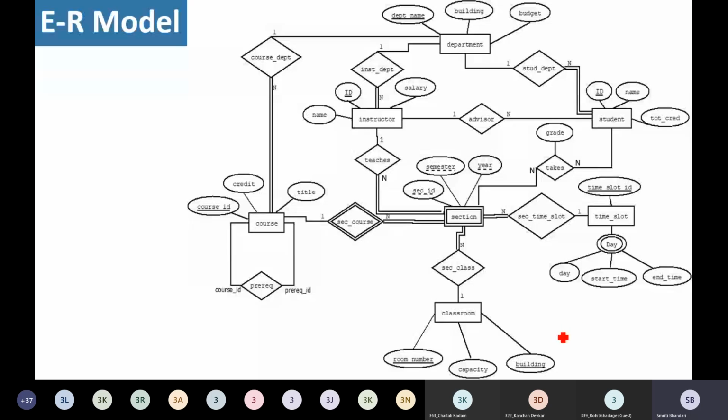Once we are ready with our ER model, what we need to do next is actually implement this design in some database management system. We are right now dealing with relational database systems, so we would like to implement it in one of the RDBMS. If we want to implement it, what we need to do next is convert our finalized ER model into the relational schema. Right? We need to implement it.